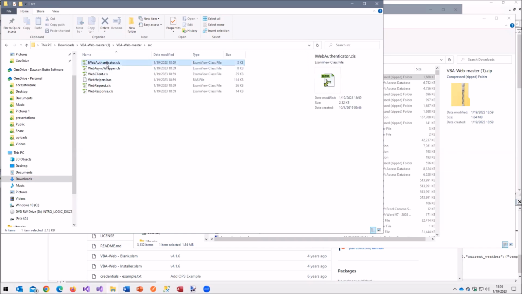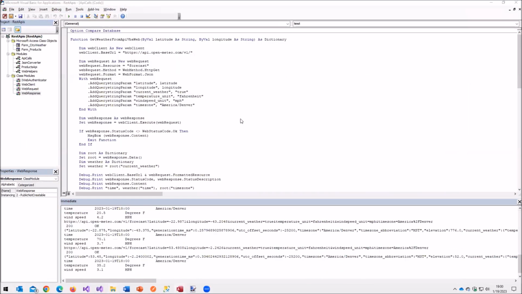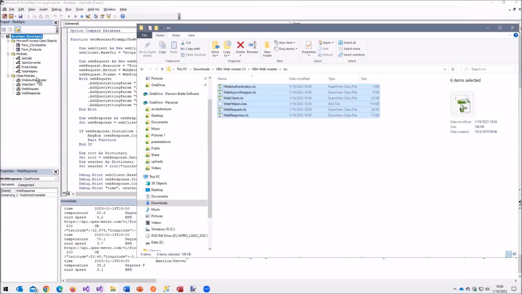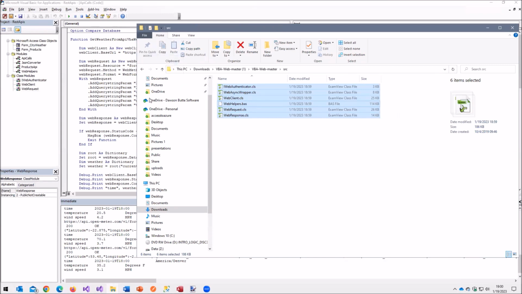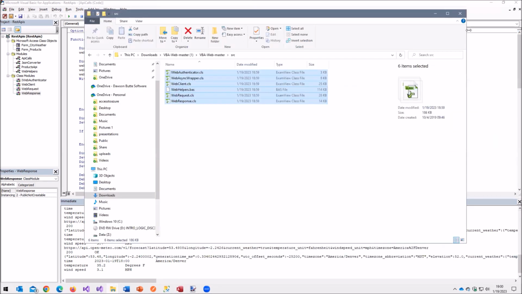And you just grab these guys. I'm not going to do it, but you basically just drag and drop them over here. You see the plus sign. It's that easy. And it puts them in your VBA environment for this project.